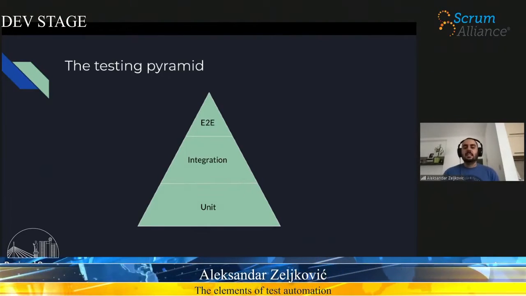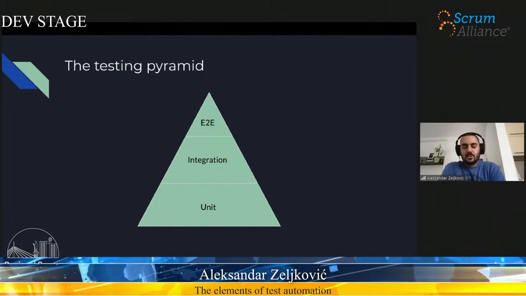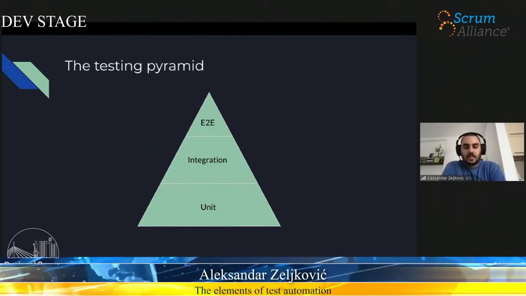You might ask then, why shouldn't we use just unit tests and cover everything with unit tests if they are so good, fast, cheap, whatever? The answer is these three types of tests are all catching different types of issues. That's why you need all of them. I said ideally.